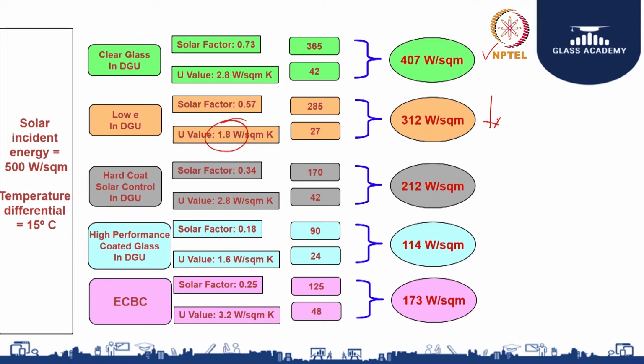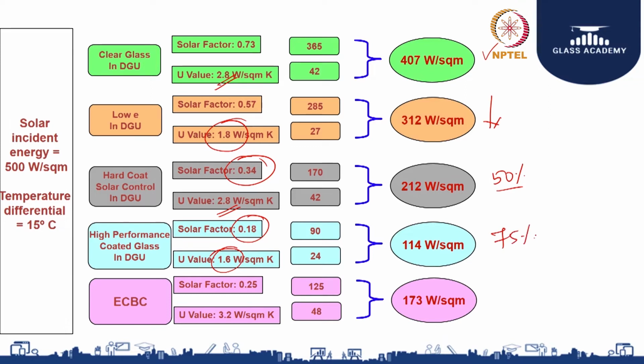So we have a basic online coated glass, which we call hard coated glass, where the coating is done precisely to reduce the solar factor, but you can see the U value is still the same as your clear glass. In this case, the RHG has reduced by 50% compared to my base case. Then I have a high performance coated glass, where I can address both the solar factor and the U value. The overall reduction is about 75%. I mean, ideally one quarter of the heat is going to come in.